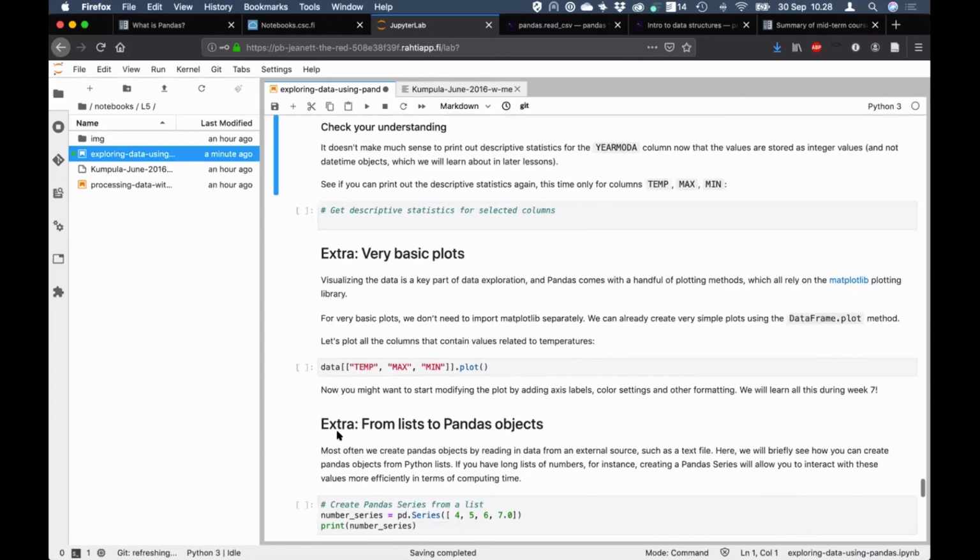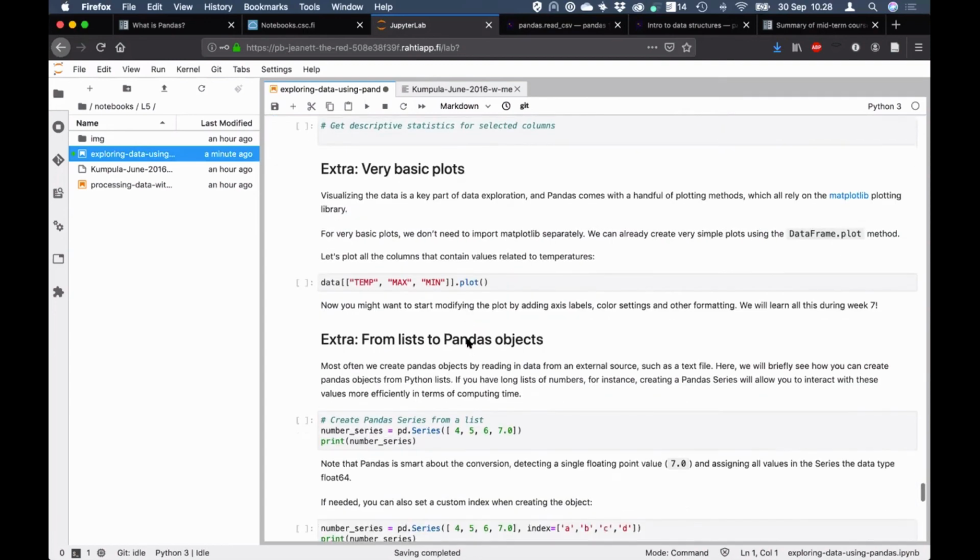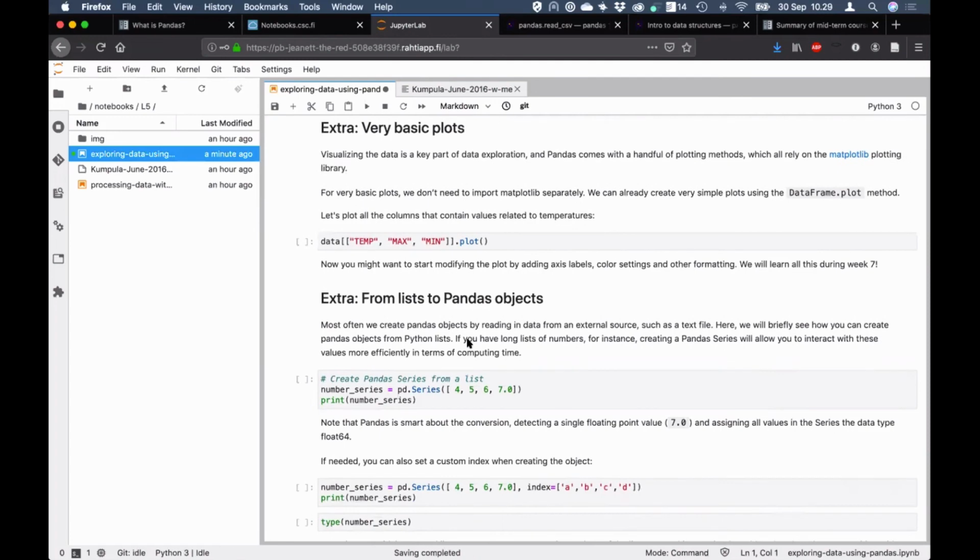There is another opportunity here to check your understanding. I think we will lump this into the break time, so I'll come back to that in just a second. But while we're here, I just want to show you one other thing. Since we're already reading in a data file and we can do it so easily, we can also plot our data